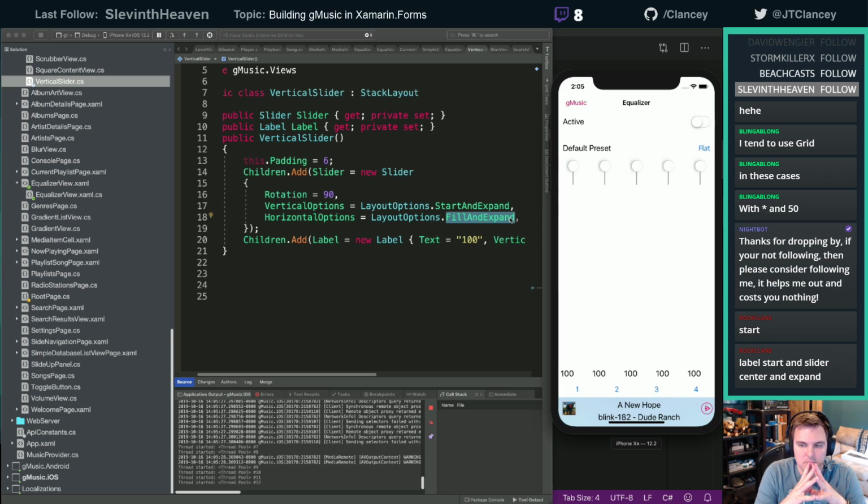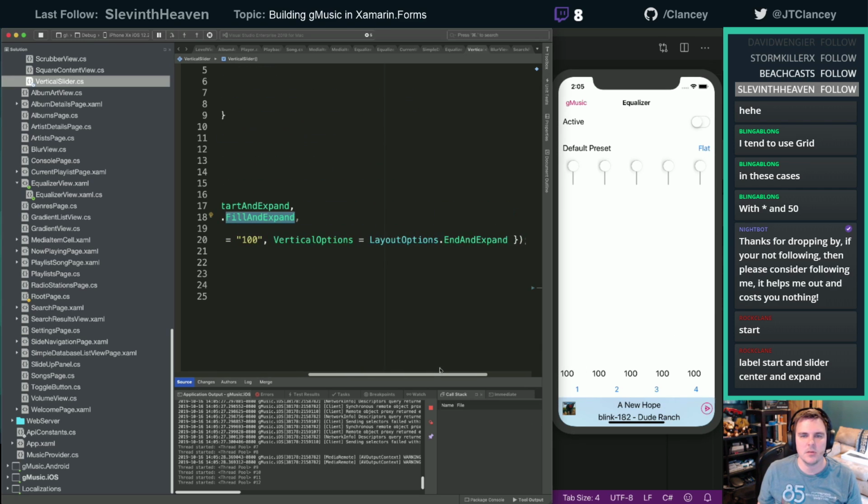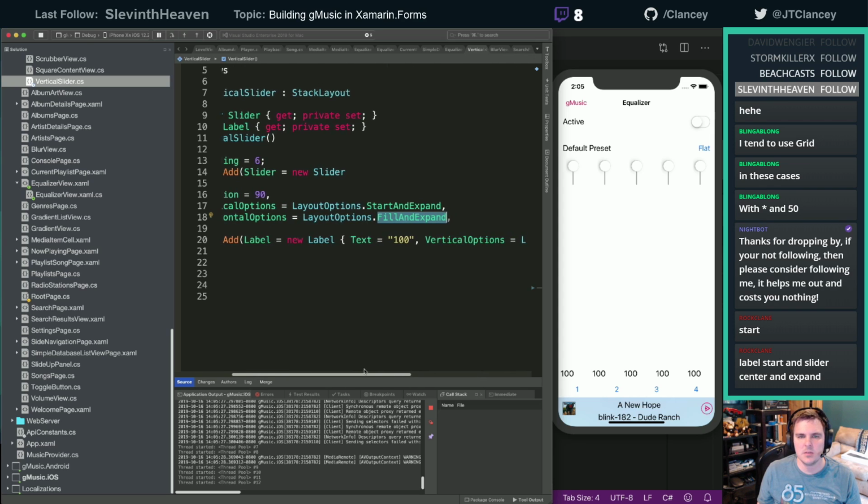Label start and okay. But I want the label at the bottom. So it'd be end, right?